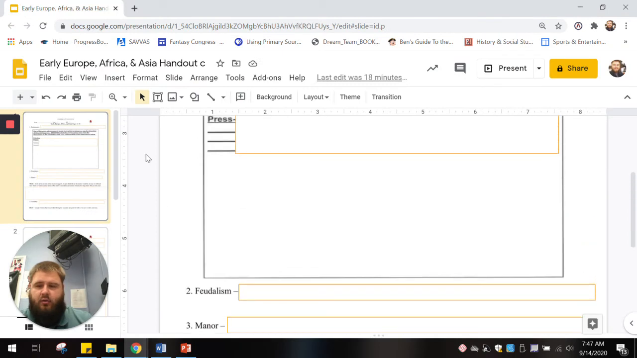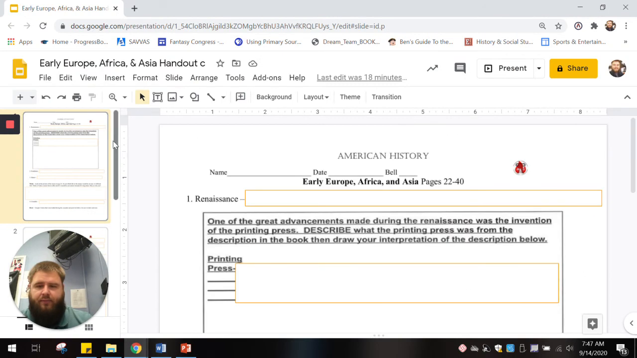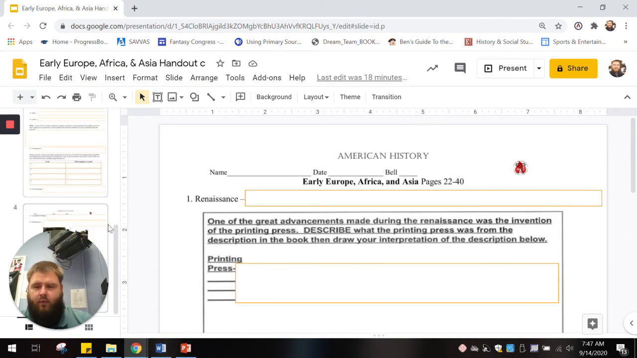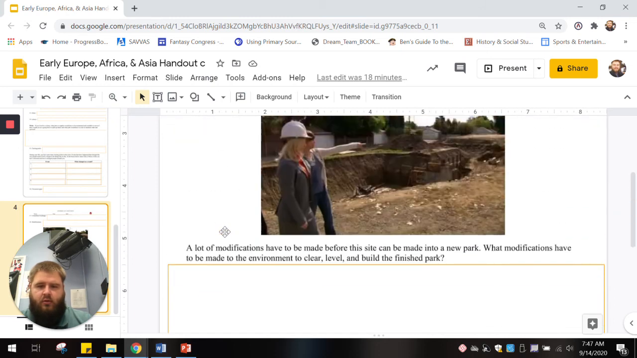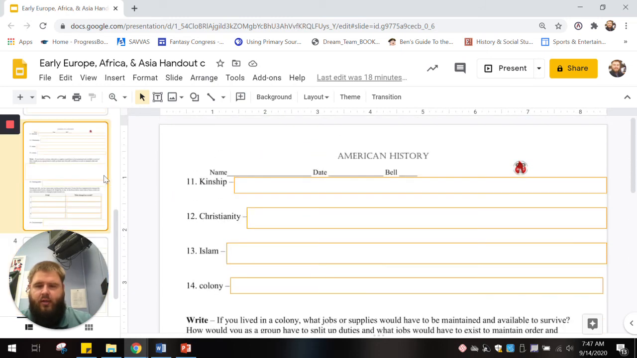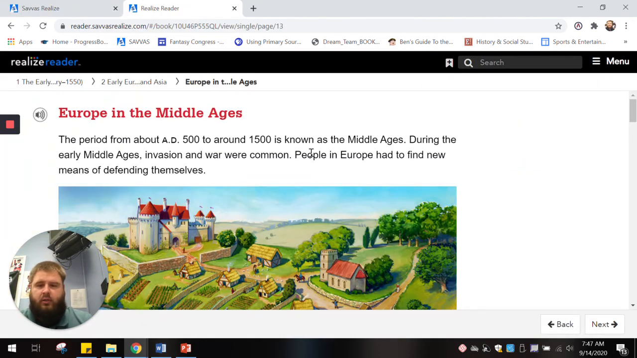Use that Savas to complete this. 4 pages. Some spaces in between there. So get this done. Do it at the end of the bell or at the end of the day. You should have already been able to log into Savas as of this past Tuesday. So if you have any questions, email me,